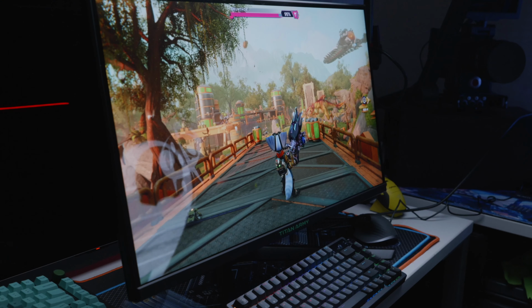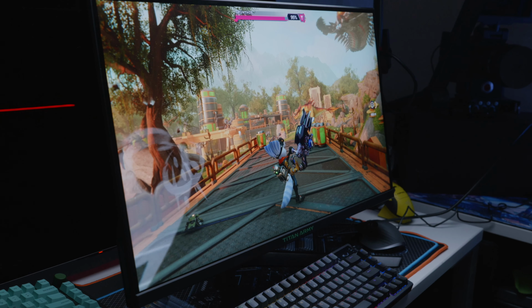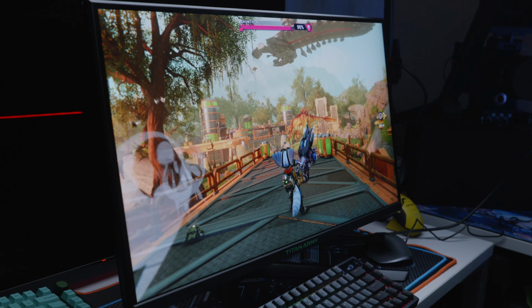Hey guys, so today we're going to be taking a look at a gaming monitor. This is going to be from Titan Army, and it's their 27-inch IPS 180Hz refresh rate gaming monitor. Now, let's touch on some of the specs, and then we can actually talk about why the pricing on this